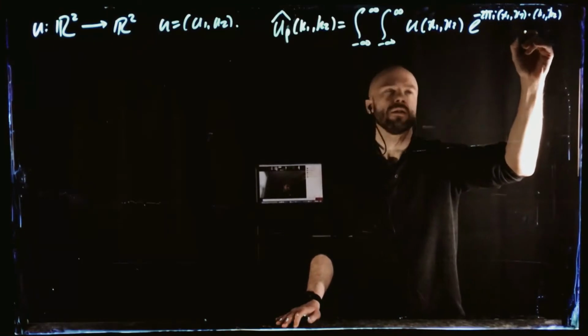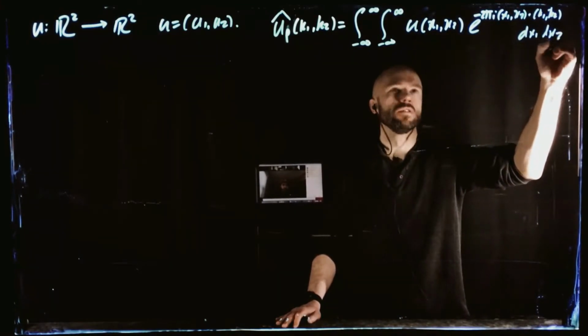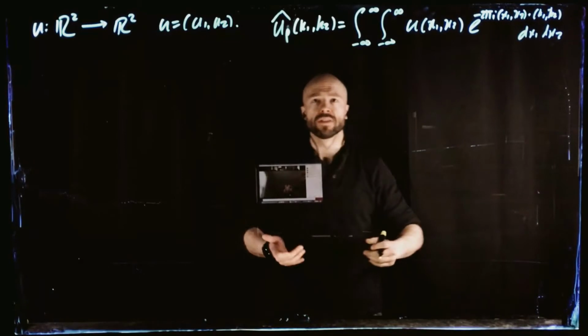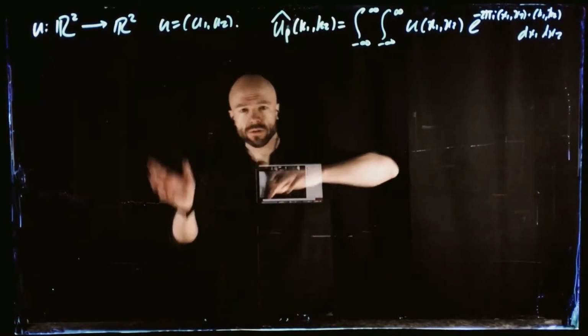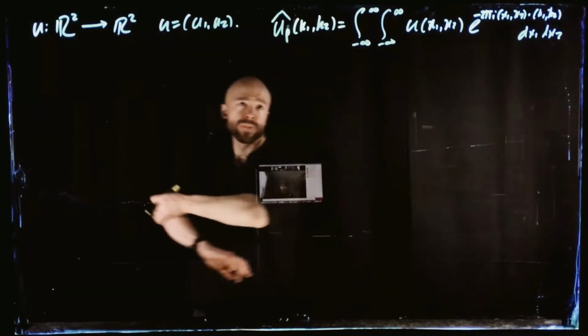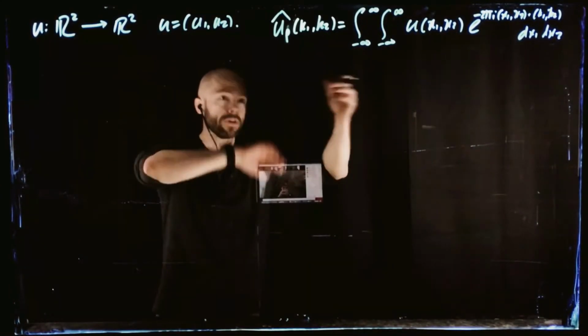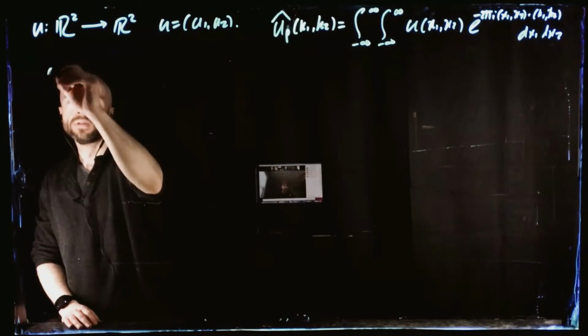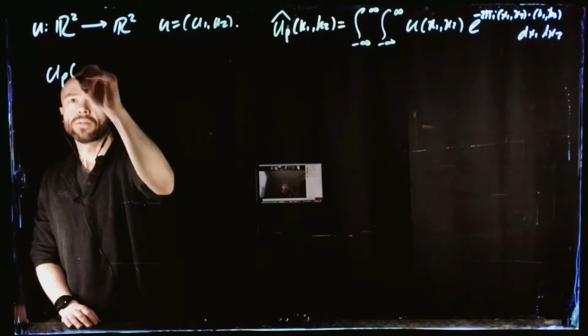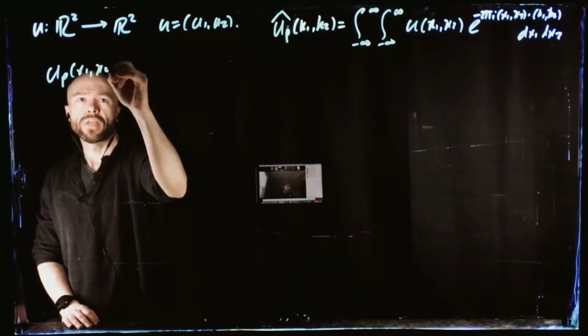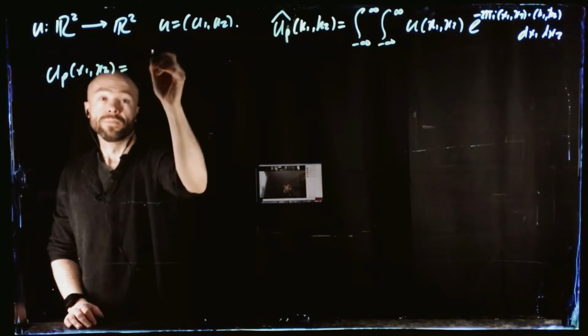And then dx1, dx2. This is our Fourier transform. This is now a function from R2 to the complex numbers. And this is our uncountable sequence of coefficients that break down u hat,